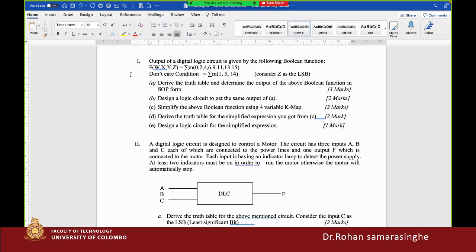So how do you derive the truth table and how to get the sum of product? Sum of product I will explain later. Then how do you get this one, the minterm? So in such a case, you can use